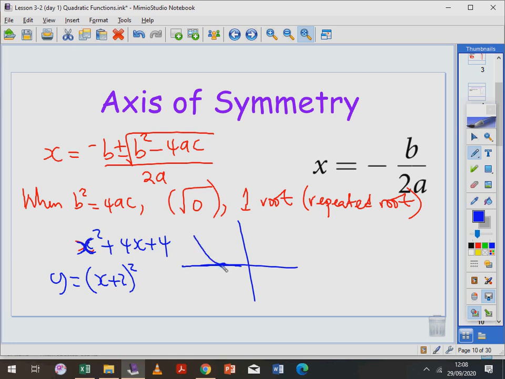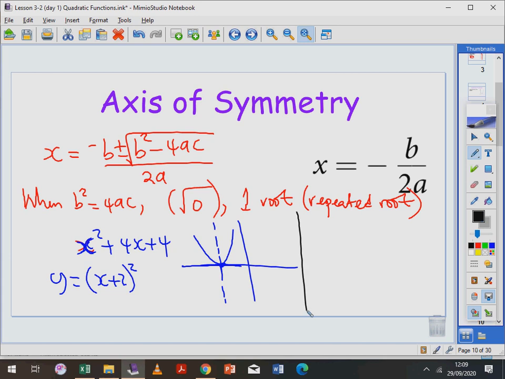So the point where it cuts the x-axis will be the same point where it turns, or the same point where it has a vertex. And interestingly, it's the same point where it has an axis of symmetry. So the general conclusion we can make from this, from everything I've been saying, is that the vertex of the graph